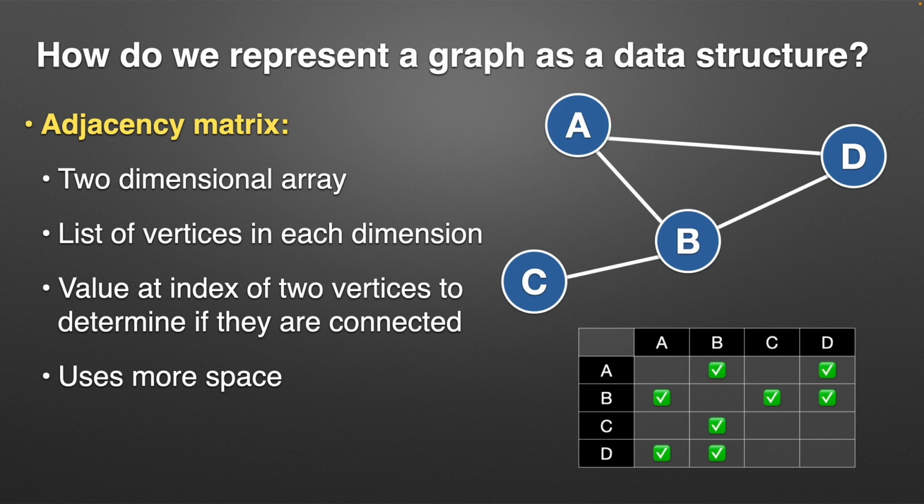So what's not great about this, that you can see already, is that we need a guaranteed amount of space of at least however many vertices we have by however many vertices we have to store these. And if we have a bunch of vertices and very few edges, that's what we would call a sparse graph, and you will have very little in this big data structure that you've allocated memory for. So if you have a graph that's very well connected, everything's pretty much connected, then this makes a little bit more sense.